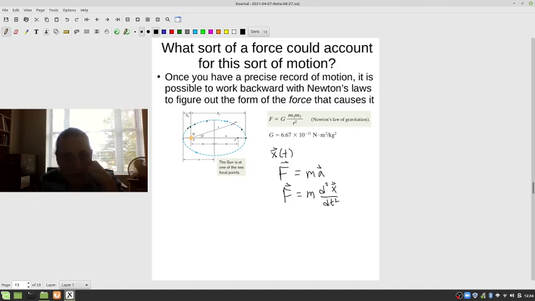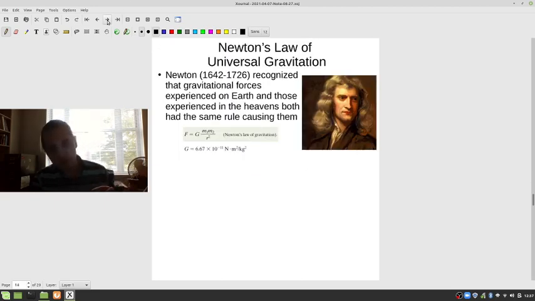And from this, you should be able to go from Kepler's law to Newton's law of gravitation. Now, of course, the actual historical story is not quite that simple, but the seed should be in your mind that what's important about what Newton did,